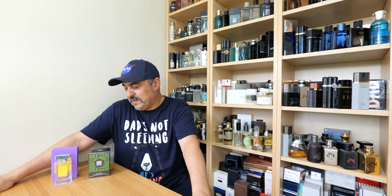by woody aspects, and also a little of vetiver, a little of patchouli in there as well, and a musk. So overall it's quite a simple fragrance, but it does the job perfectly for what it says, cologne. Okay, so it is reminiscent of the colognes and aftershaves from the 60s, 70s and 80s, and it does that very